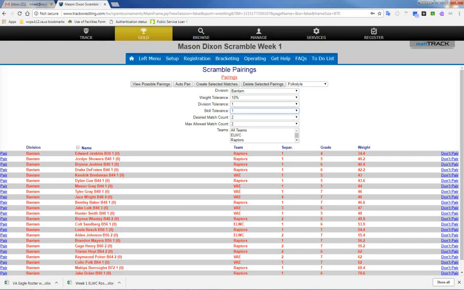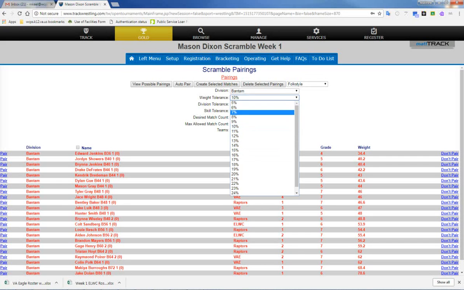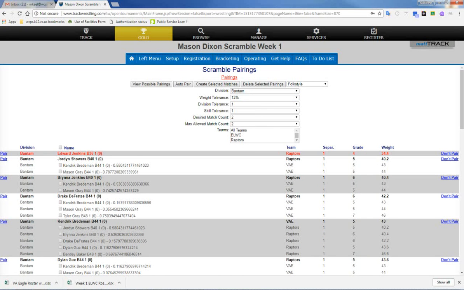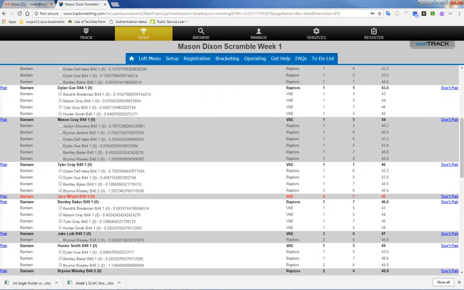What's really cool about this is that I got this set however I want. Maybe I'll move it to 12%. Not a lot of people here. And I'll hit auto pair. I can also hit view possible. So when I hit view possible, it'll show me, see, red is a big deal. It's like, under this criteria, Ed has no one to wrestle. Jace,